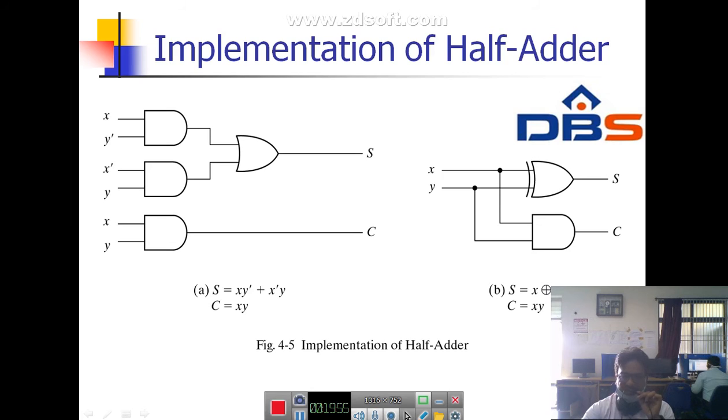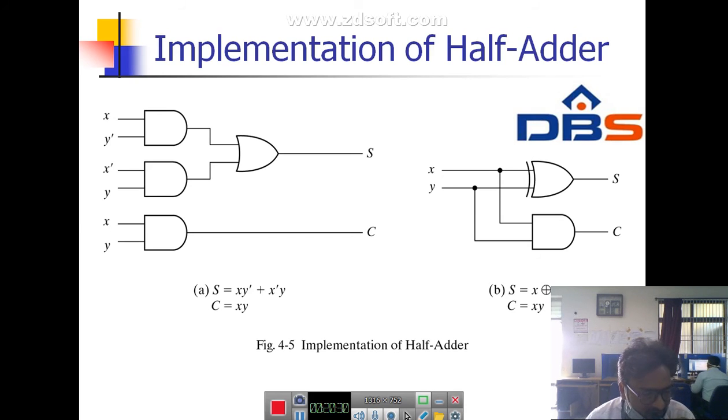So we'll get the sum functionality, and we give another AND combination. If both inputs are given to another gate, from that we get the carry output. The simplest adder is called a half adder. It adds two 1-bit operands x and y, producing a 2-bit sum. The sum can range from 0 to 2, which requires 2 bits to express.